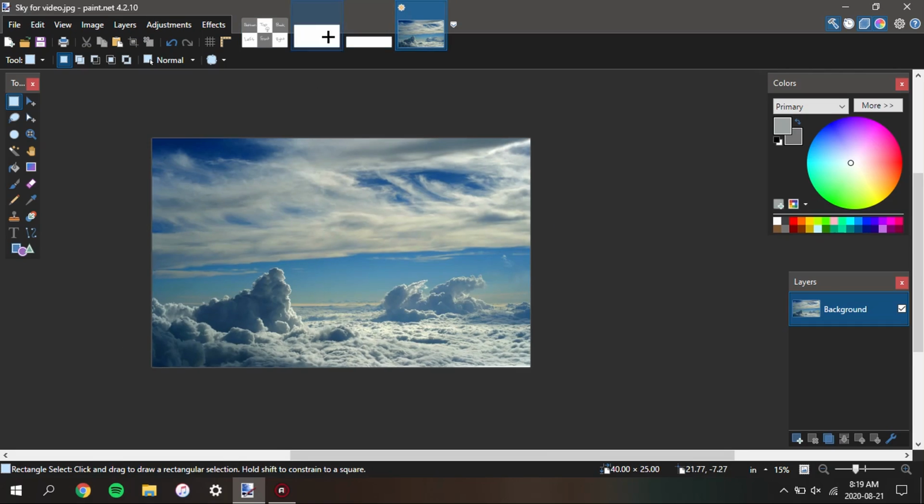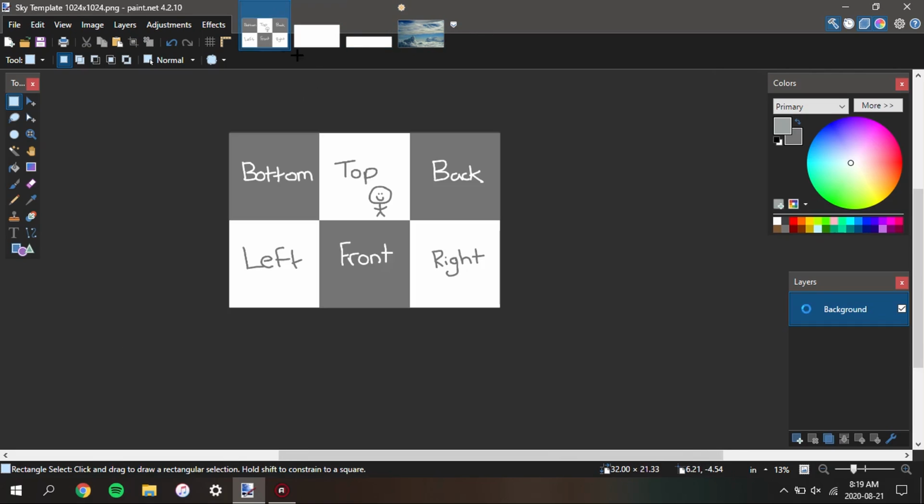You guys will see what I mean as we get started here. So first thing you want to do is, we're going to be doing this in 1024 little blocks. You can do them in higher if you want to make a much higher resolution sky. For the second method, I definitely recommend that for people who have more powerful computers. I don't, and also for the sake of this video, I want to do a little bit lower, but